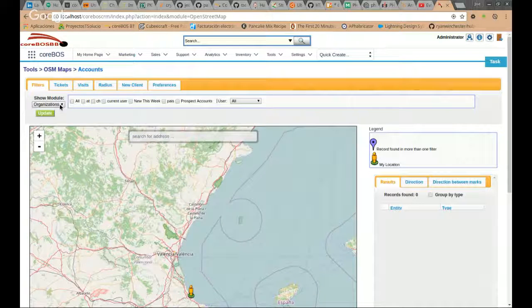It is very organization, or accounts, contacts, and leads centric. Basically everything revolves around those three entities and their address. The extension is basically